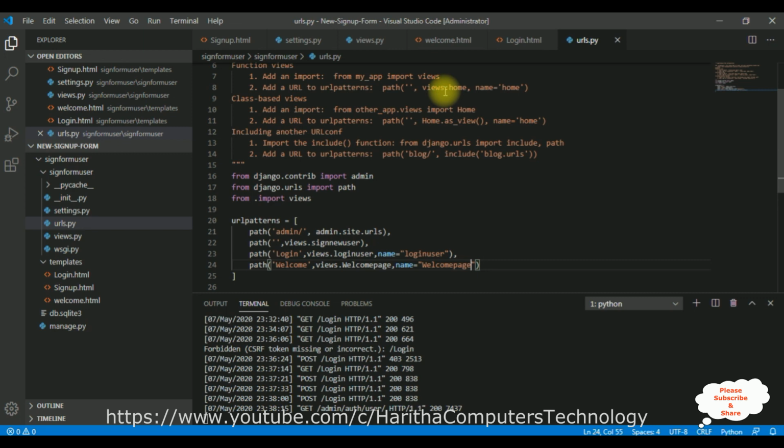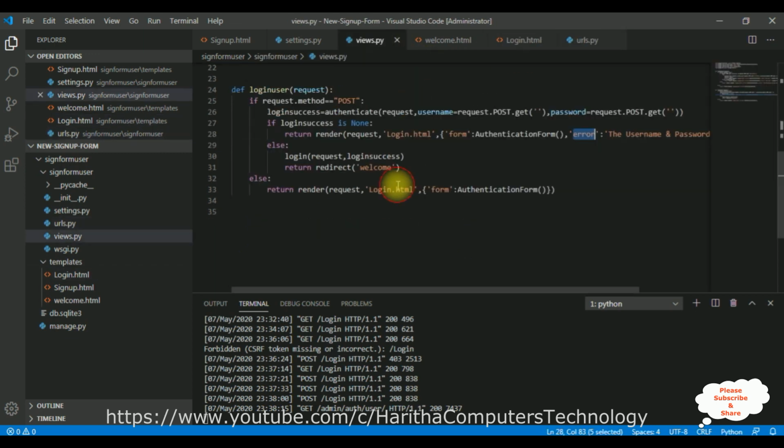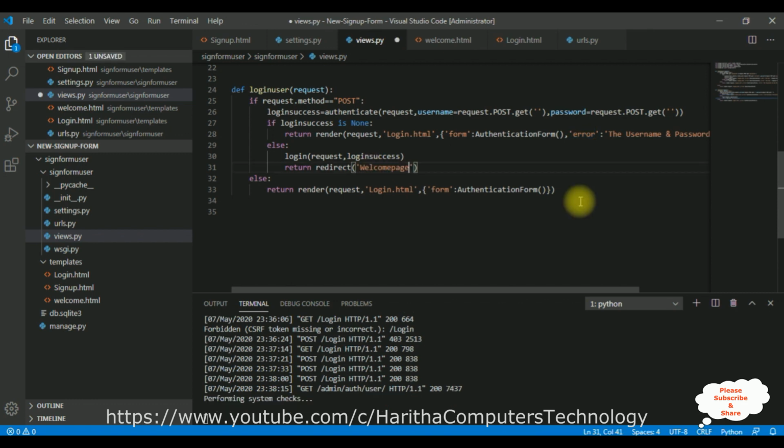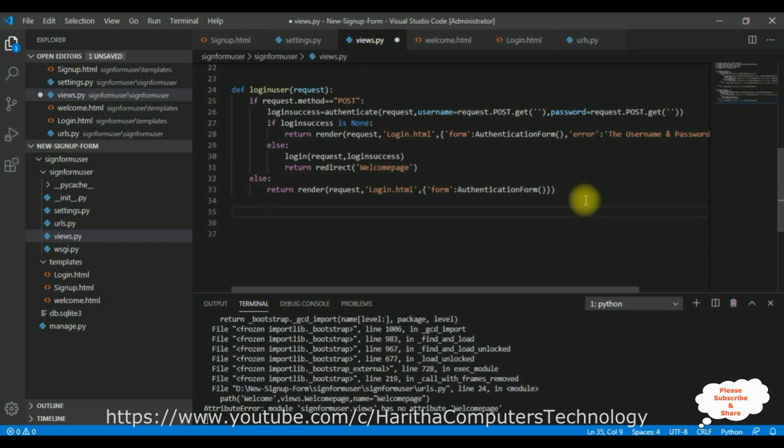Now after that, we need to add this welcome page. Copy this one. Here in the views page, see here we have added welcome. Instead of welcome, I'm adding welcome page. Then we require one function for the welcome, def welcome page request colon, and this function returns render request, welcome.html. Let's add that one, welcome.html. That's it. Let's save this file